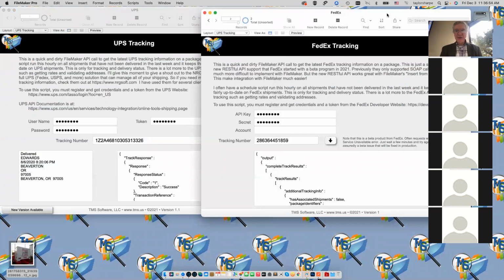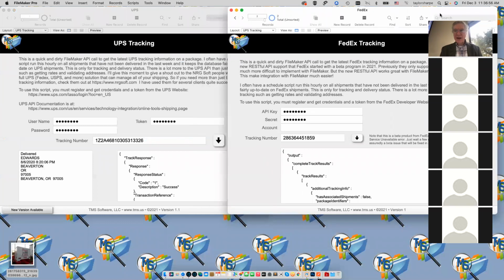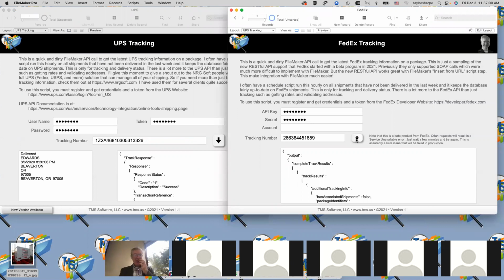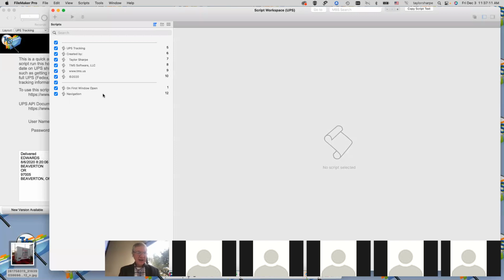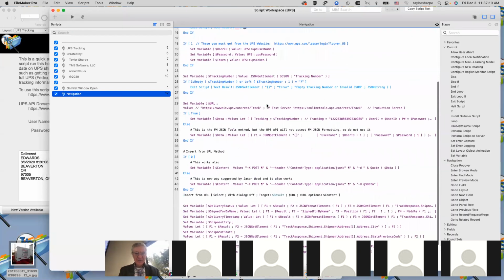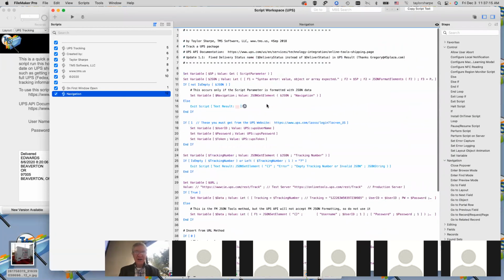And here are the two templates that we popped up in FileMaker, and they look very similar. Basically, they are just a FileMaker template that takes those same things, and each of them has a script that makes the call to